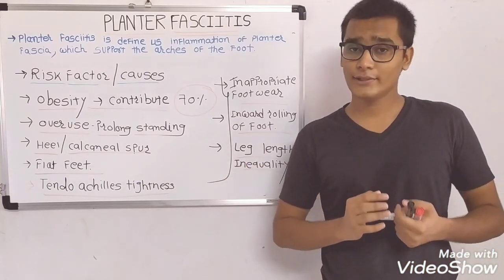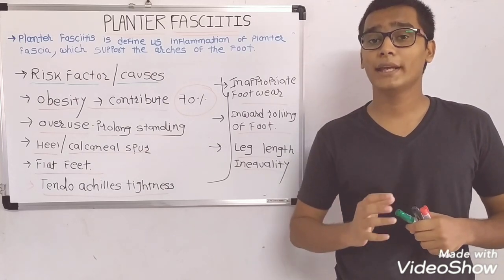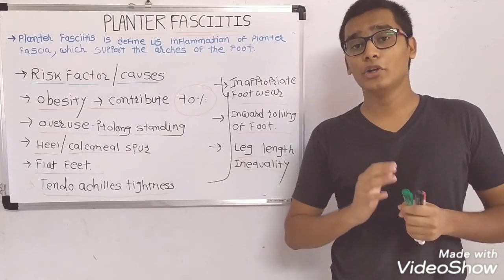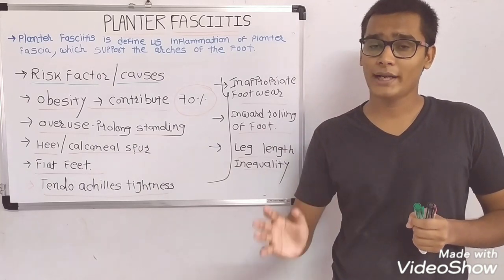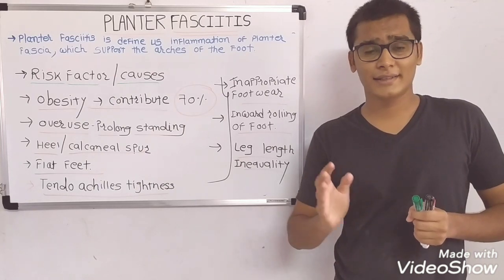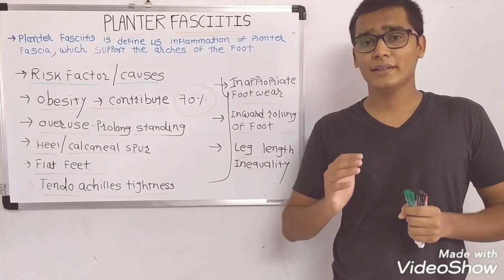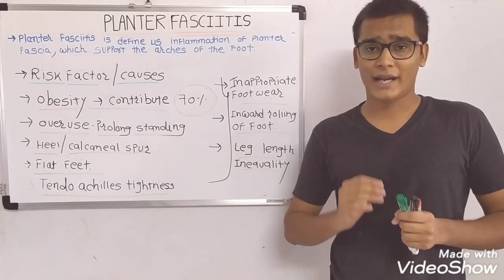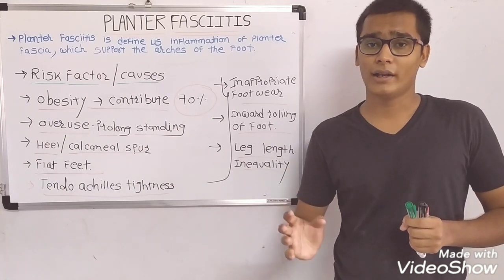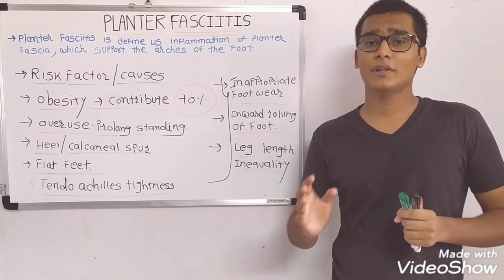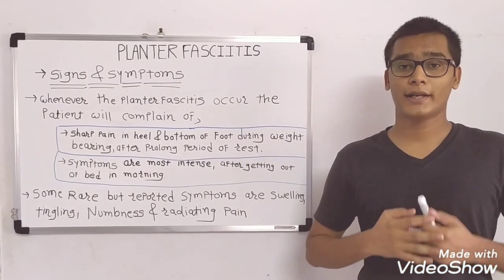Due to all these risk factor or contributing factor, the plantar fascia will undergo the biomechanical imbalance, and due to this, the series of microtrauma event will take place into the plantar fascia and it results in inflammatory changes, and whenever the inflammatory changes take place, the plantar fascia and collagen fiber will undergo the breakdown and ultimately the calcium will start to deposit. What are the signs and symptoms of plantar fasciitis?